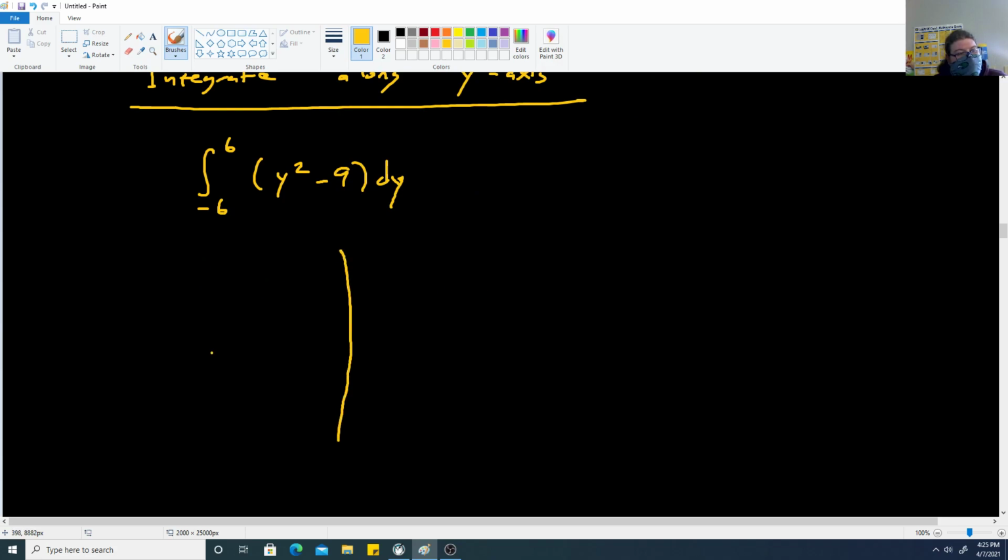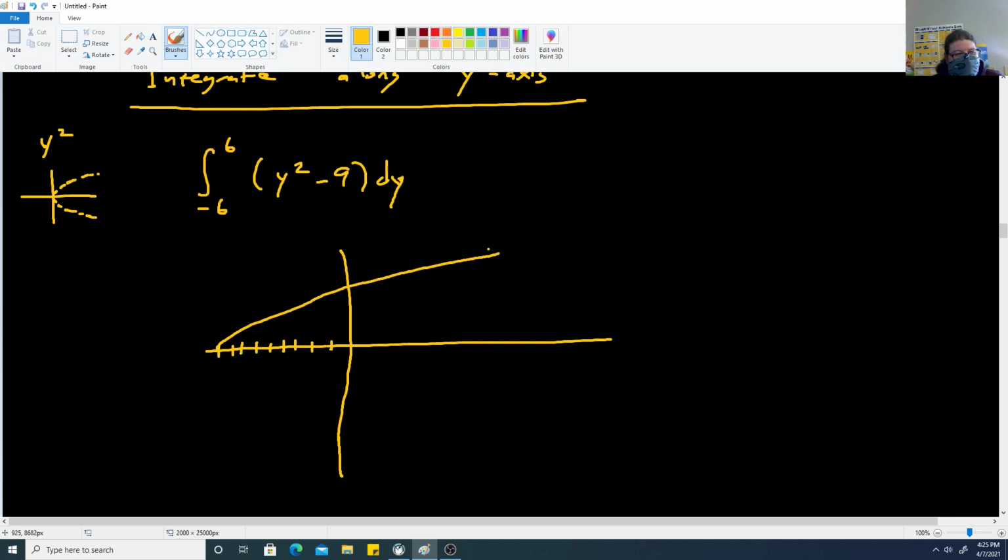If it was x squared minus 9, this would be the regular parabola, and it would shift down 9. When it's y squared, the base parabola is kind of like a parabola on its side. And subtracting 9 would move our function down kind of like this. So if we wanted to do -6 up to 6 on a graph like that,